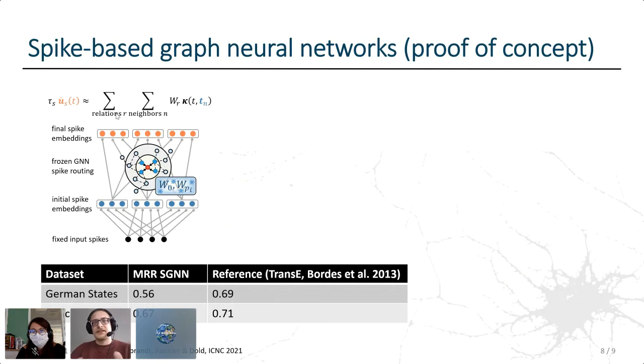So the simulations were quite small, so we did this on handcrafted smaller data sets, but you can already see that the performance here is quite competitive to more standard graph embedding models, and it does learn appropriately. And the very nice thing here